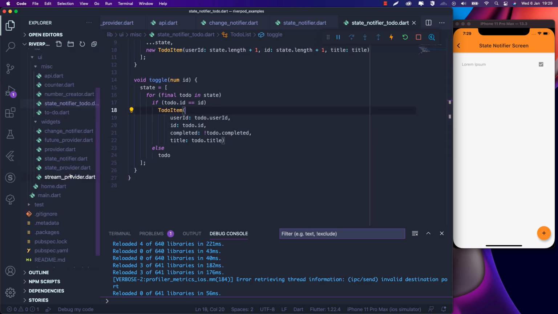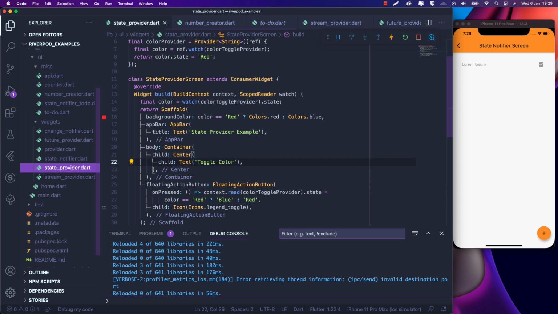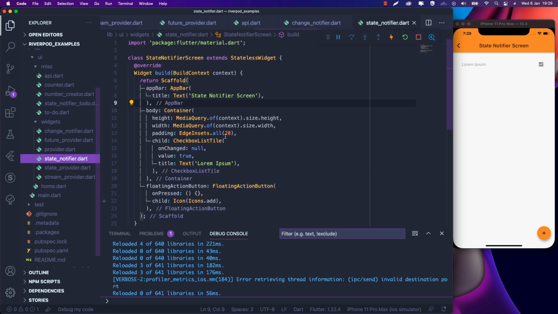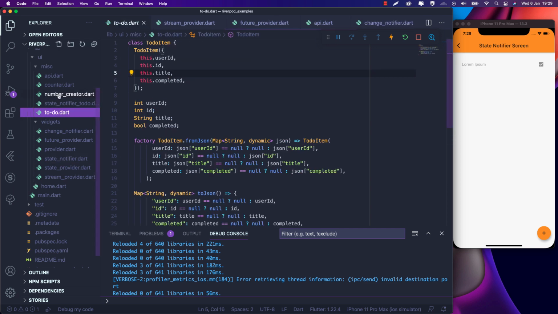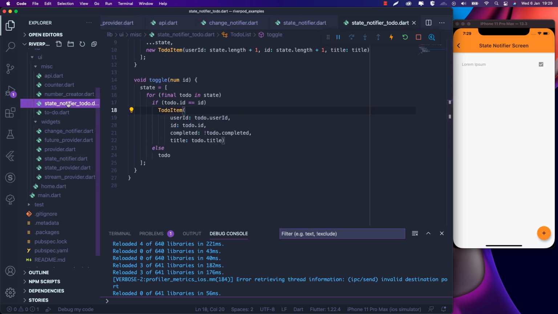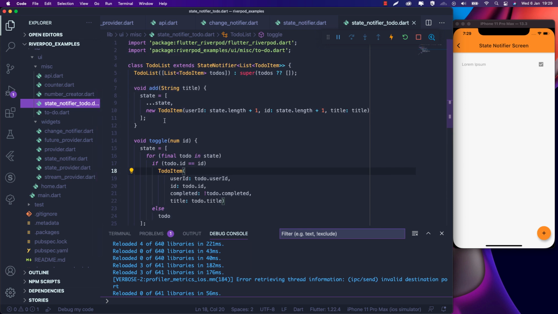implement this on the front and write a provider for the StateNotifier Provider. So in summary, what you have done is to create a simple to-do class that we have here, and then we created this StateNotifier that has the add and toggle method. So once we click here, it's going to add a new item, and then the toggle if you want to say it's completed or not. Okay,